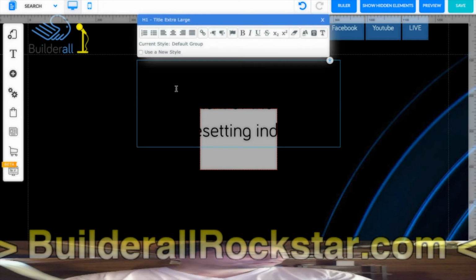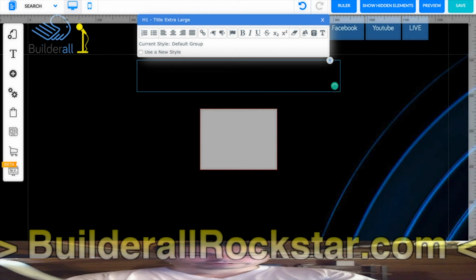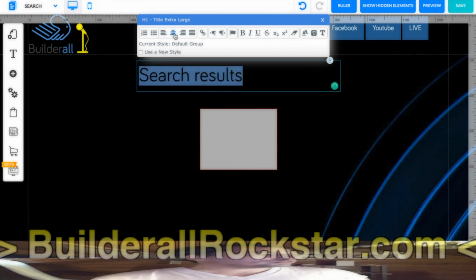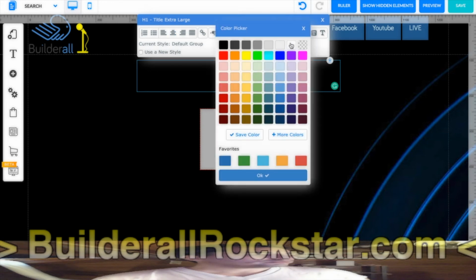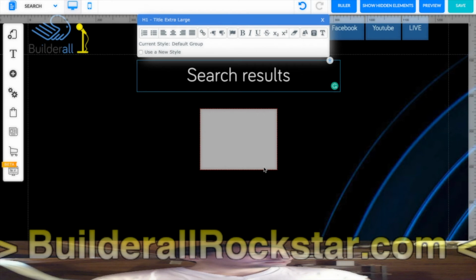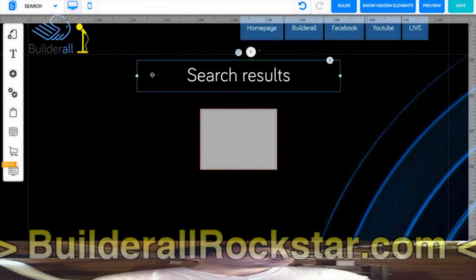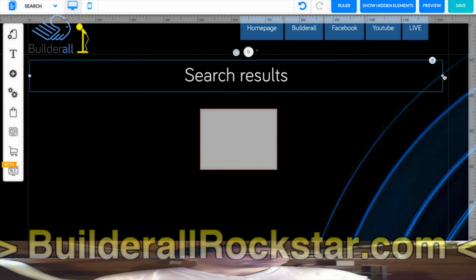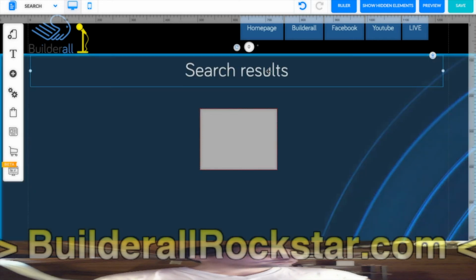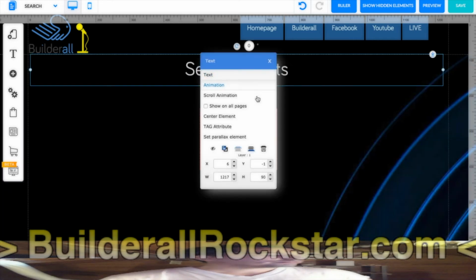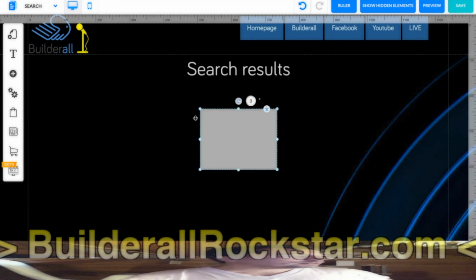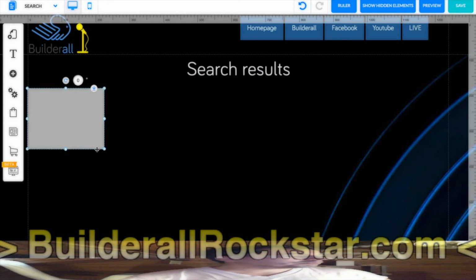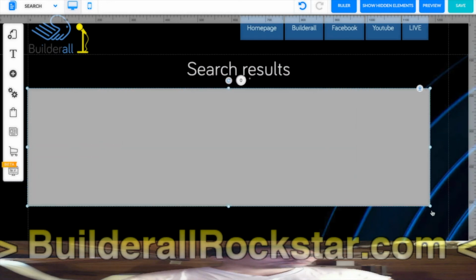Okay, so I put the search results, center in white, right, okay, and to take the full width. Center. The HTML app, the same, we put it here. Take the whole width of the page.